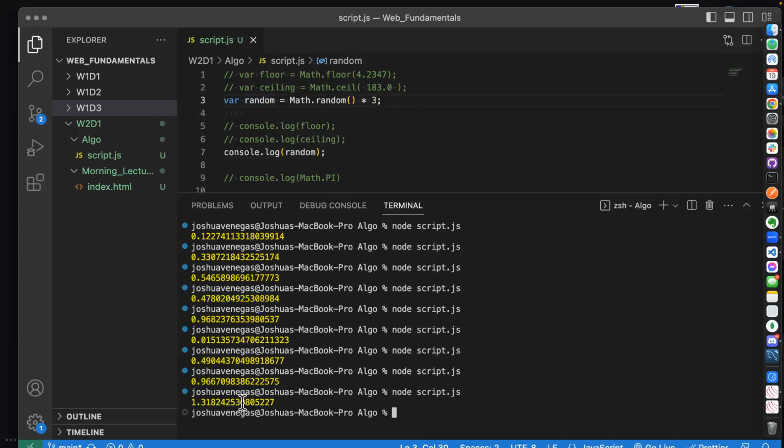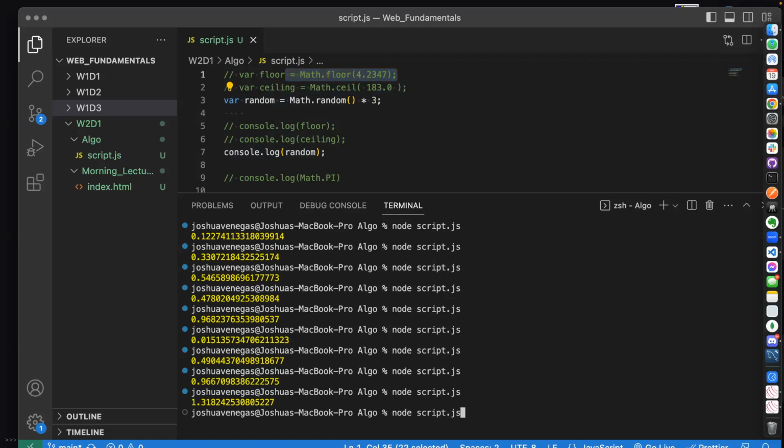Okay, so now we have a random number. We've multiplied it by 3, and now it's above the 0, right? So how can we use random with one of these here now in order to get a number that's not a decimal number, but still random,